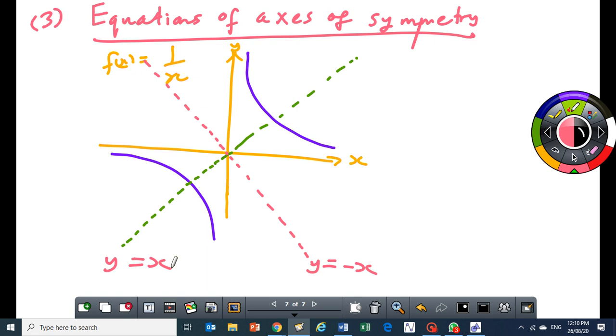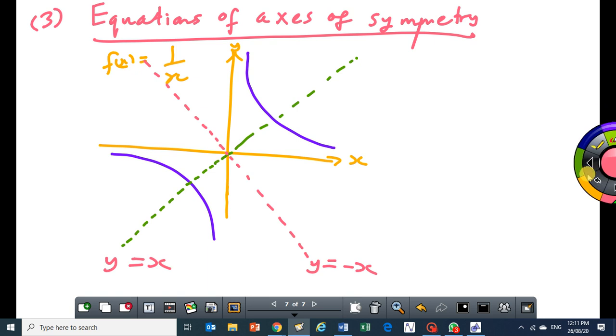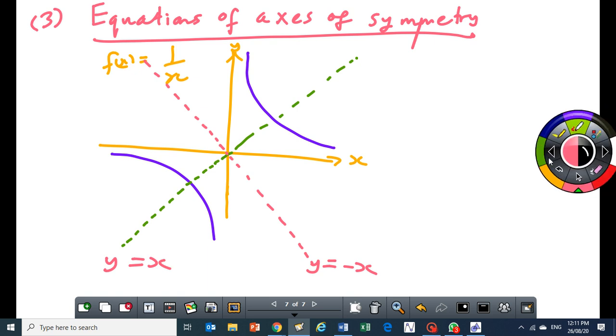If a straight line passes through the origin, it means the y-intercept c is 0. Okay? So this, any hyperbolic graph has got two axes of symmetry. And the two axes of symmetry have got equations. So I'm gonna write, because I don't have enough space. In your book, you must write these equations down below this graph. So I'll give you the general equations. The general equations are